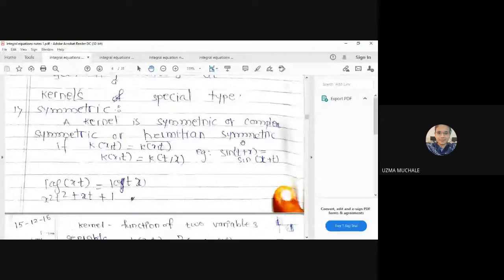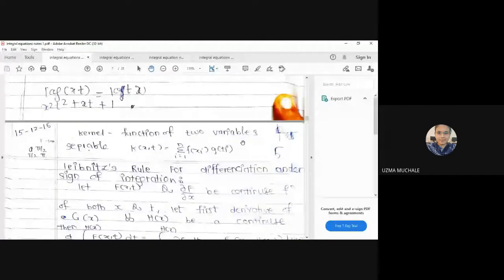After that, kernel. What is the definition of a symmetric kernel? A kernel is said to be symmetric if it satisfies the condition k of x t is equal to k bar of t x. Just like our symmetric matrix. What is a symmetric matrix? A i j is equal to A j i. If you interchange row and column, A i j is equal to A j i. Okay, what are i and j? These are nothing but your rows and columns.